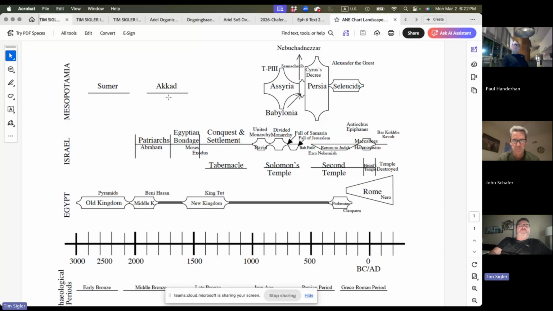That's to indicate that there was a culture, but it wasn't a shape like a strong, powerful kingdom. Notice this odd shape here, almost a diamond-like shape, with the rise of the Assyrian Empire and fall of the Assyrian Empire, the rise of Babylon and the fall of the Babylonian Empire, the rise of the Persian kingdom,